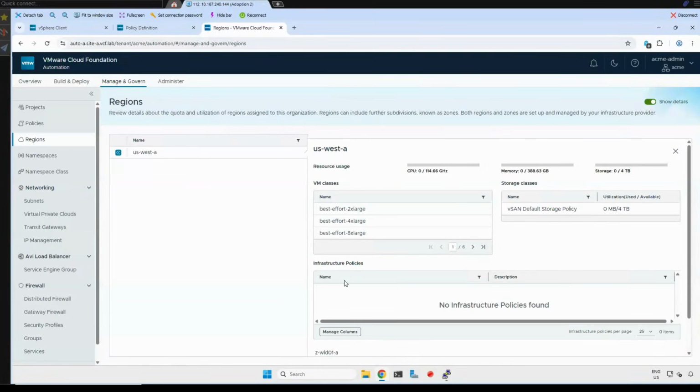We don't have any infrastructure policy, and I know I haven't talked about infrastructure policy given the 2 hours that we have. Hopefully we're still able to accomplish a lot to get you started and take this and do it in your own organization. But infrastructure policy is something that you define in the provider portal, and it has to do with compute policies, so you can control placement of workloads on specific hosts. So for example, if you want your Linux workloads to be on a specific host in your cluster, then you can use infrastructure policy. There are mandatory policies that get enforced no matter what, and there are optional policies that